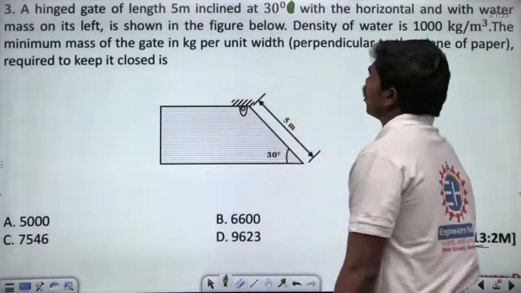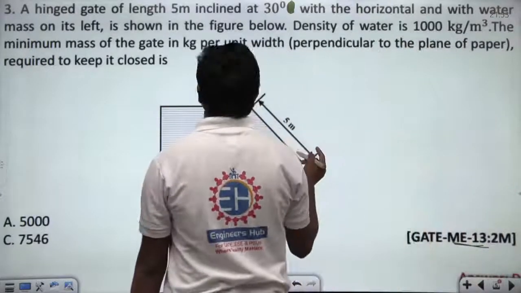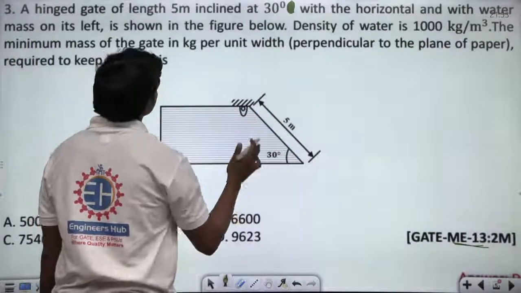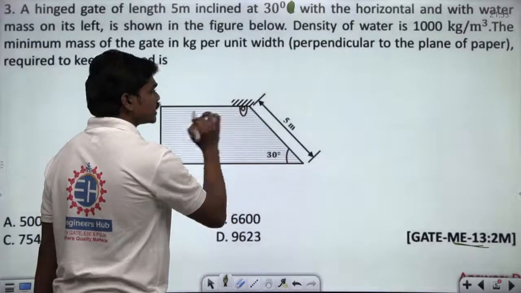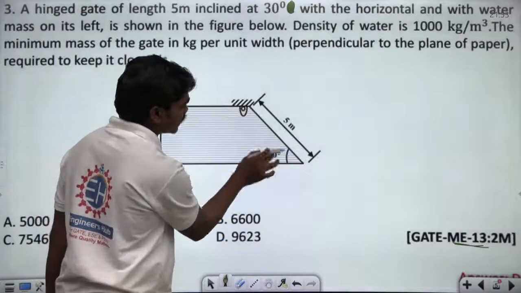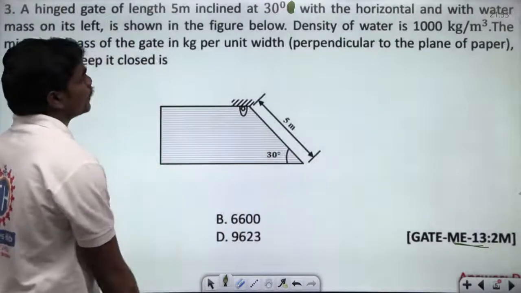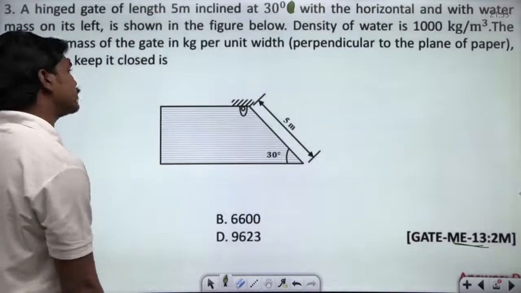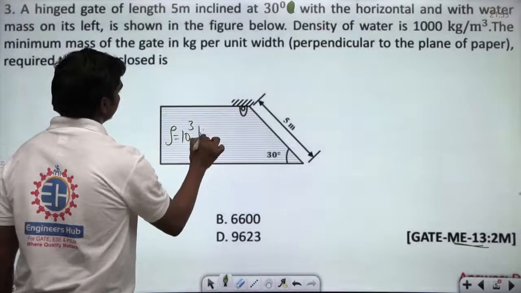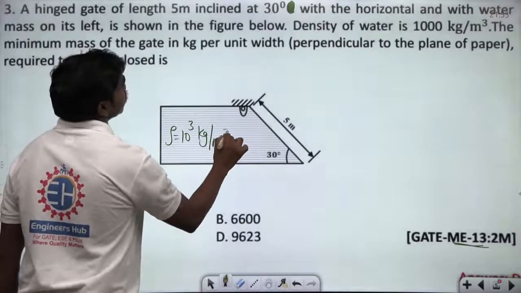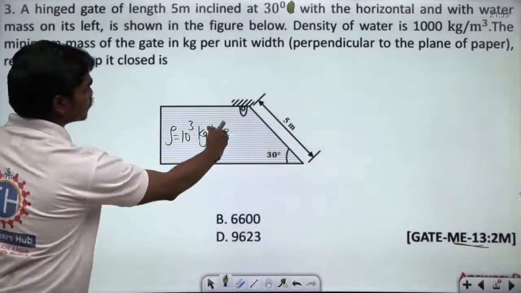So a hinged gate of length 5 meters inclined at 30 degrees to the horizontal and with water mass on its left is shown in the figure below. Okay. So there is one gate which you can see here, which is also hinged at this location, and the length of this gate is 5 meters, and this gate is inclined at 30 degrees with the horizontal. Okay, density of water is 1000 kg per meter cube, so the density of this fluid is 10 cube kg per meter cube. Then the minimum mass of the gate in kg per unit width perpendicular to the plane of